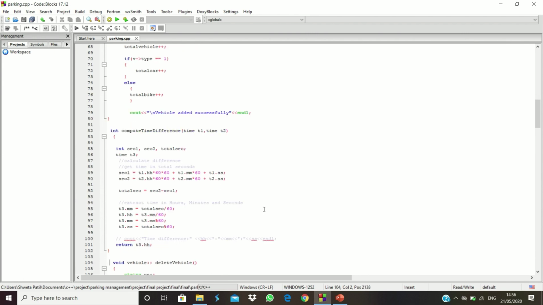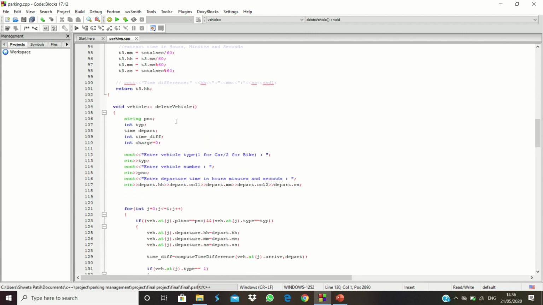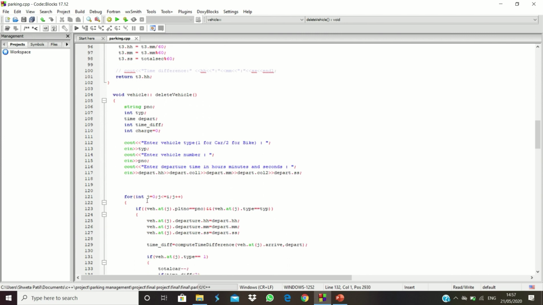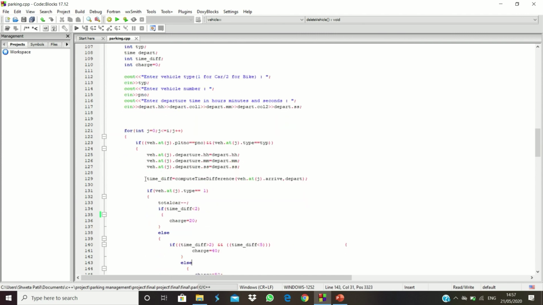Whenever any vehicle leaves the parking, the delete vehicle function will work. Firstly, it will ask for information like its vehicle type, its vehicle number, its departure time. And according to its type and vehicle number, it will search for a particular vehicle. If it finds the particular vehicle, firstly it will compute the time difference.